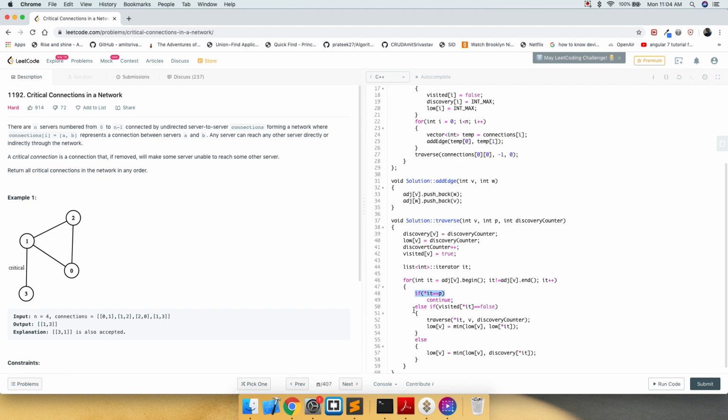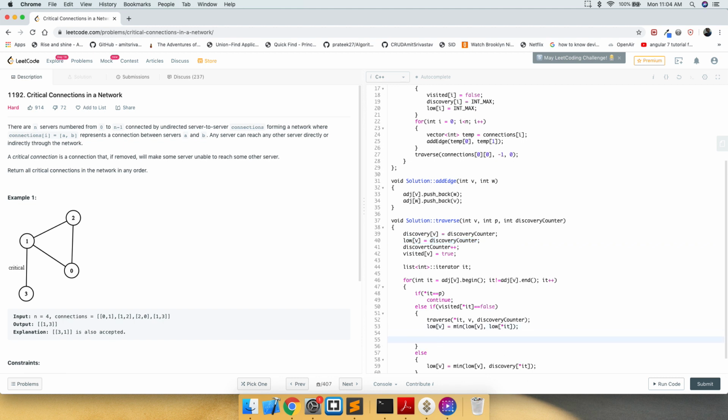As I told you, there are two ways to update the value: one is through the child or children, and the other is through the neighbor. In this case, since 3 has only a single connection, to the parent, we do not update the array, and the only time the value of low for 3 was set is when it was visited first through the discovery counter.